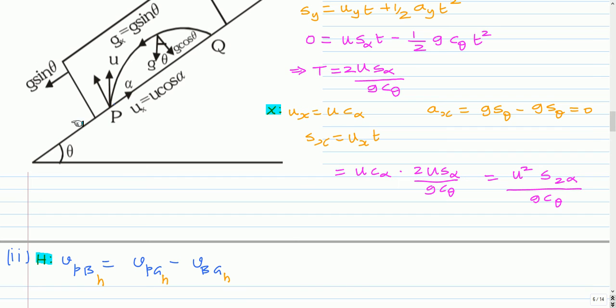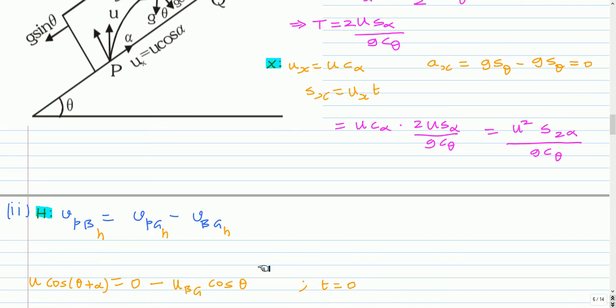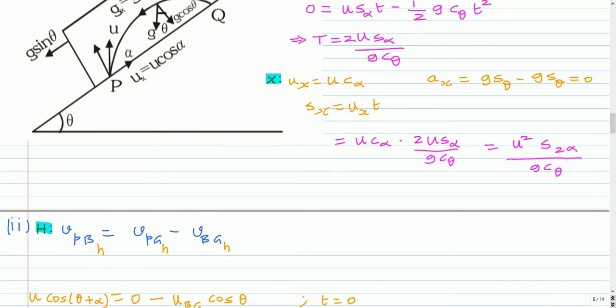Analyzing the motion in the horizontal direction, this is the horizontal direction, left to right, and this is the vertical direction. So in the horizontal direction, the velocity of the particle with respect to the box is velocity of the particle with respect to ground minus velocity of the box with respect to the ground. This is the basic idea of relative motion. Velocity of the particle with respect to box in the horizontal direction is u. This angle is alpha, and from here to here the angle is theta. So u makes an angle of theta plus alpha with respect to the horizontal. So it's u cos of theta plus alpha, and velocity of the particle with respect to ground is 0.